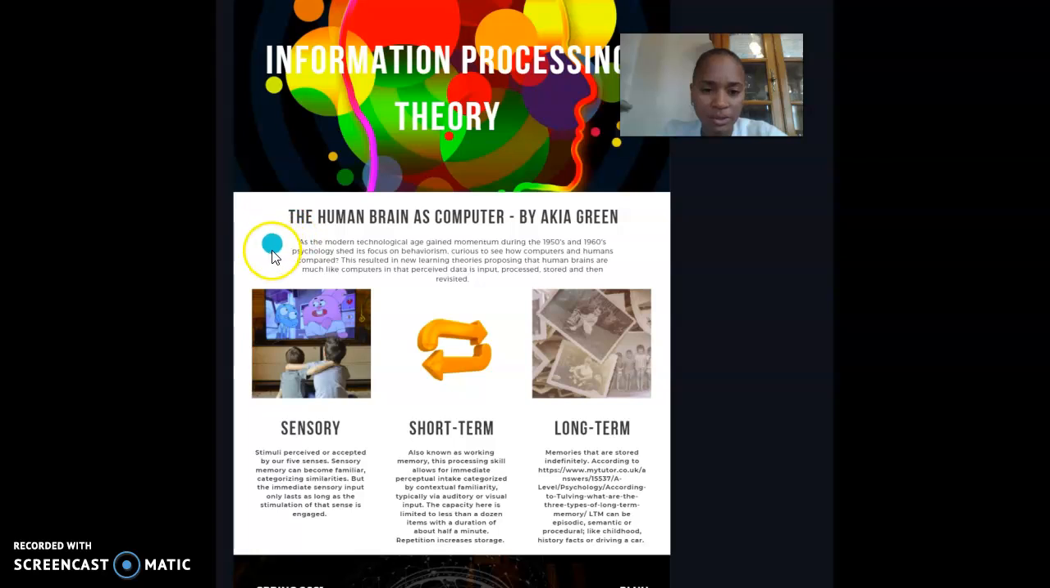As the modern technological era gained momentum during the mid-1950s, going into the 60s, psychology shed its focus on behaviorism. Behaviorism was purely observed behavior, but as leaders, scientists, pioneers started to assemble computers, psychology became curious: what's going on inside of the brain that's maybe causing the behaviors? This theory emerged, stating that the human brain is like a computer as far as we accept sensory data, information, and experiences, and